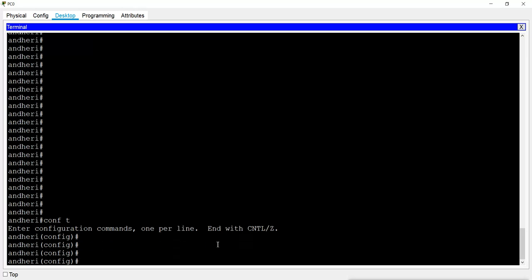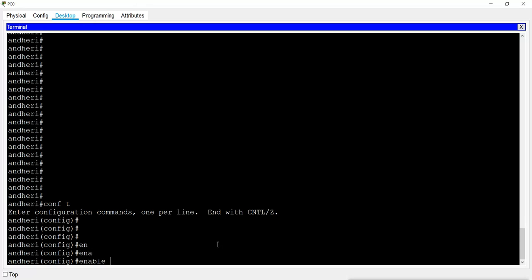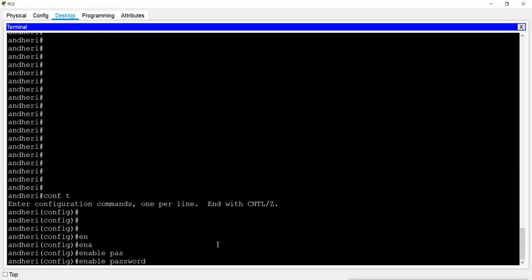So I will go to the configuration mode, and for assigning the password, the command was enable password. This is to give the normal password, and then I gave the value ABC@123. So this was the command to assign the password. Now I want to remove the password, so I will not give the value.